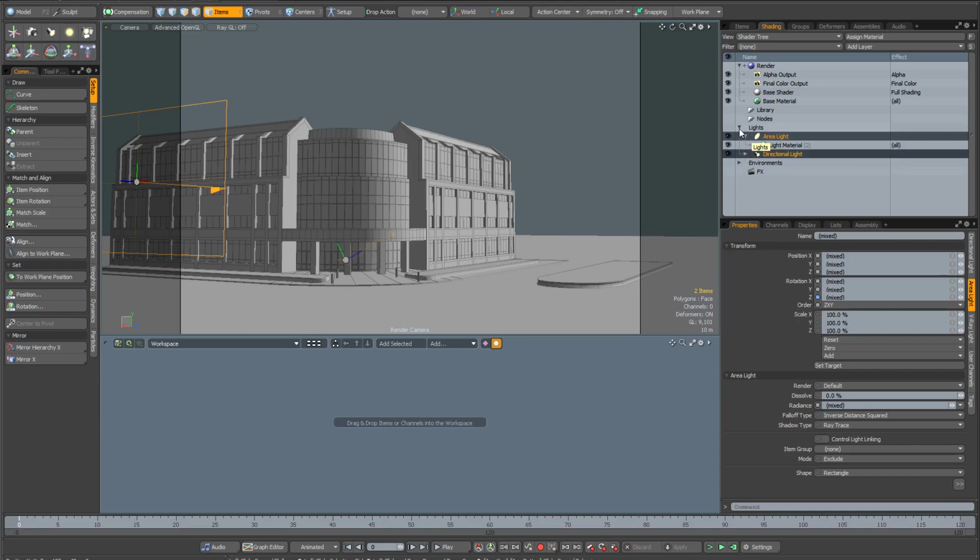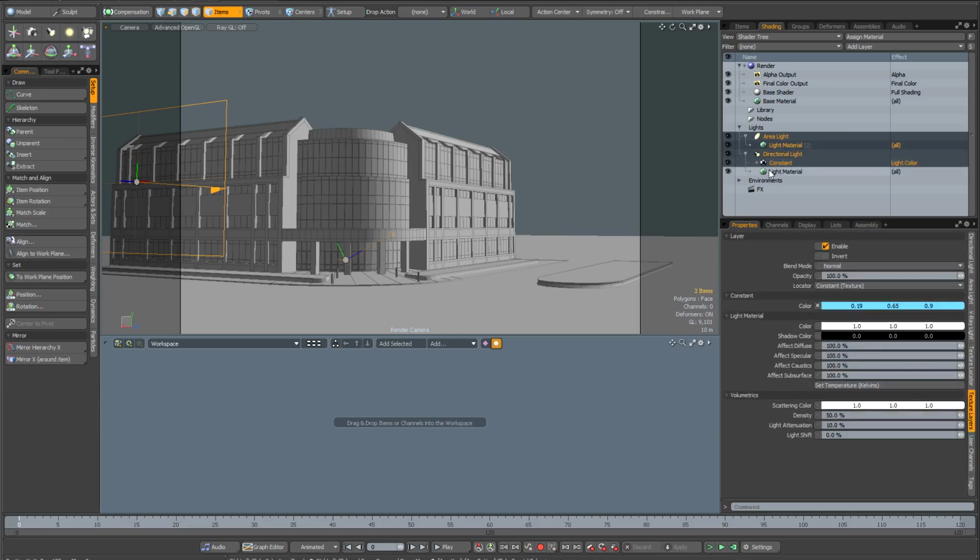Now, if I go to the shader tree and look in the lights folder and expand the actual lights, you can see that the light materials and this constant texture are not selected. And this is a really easy way to trip up, because if I was to save this assembly now, it would be incomplete because the lights would come in without the materials and textures. So I need to hold down Control and select all the extra stuff to make sure that that gets saved